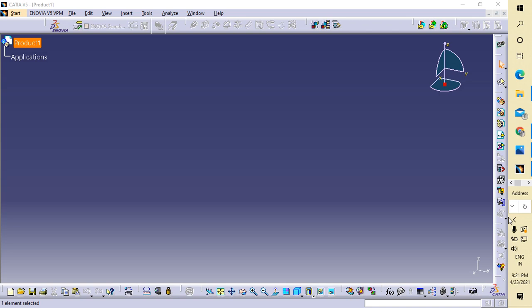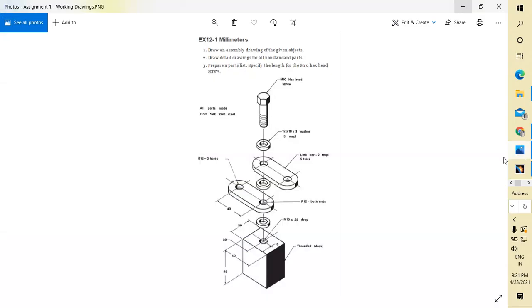So now without much ado, this is my drawing, and I'm going to first of all make these individual parts, and then I will assemble it, and at the last I will draft it for standard parts or non-standard parts, and I will name it. I will not do it in just any way.